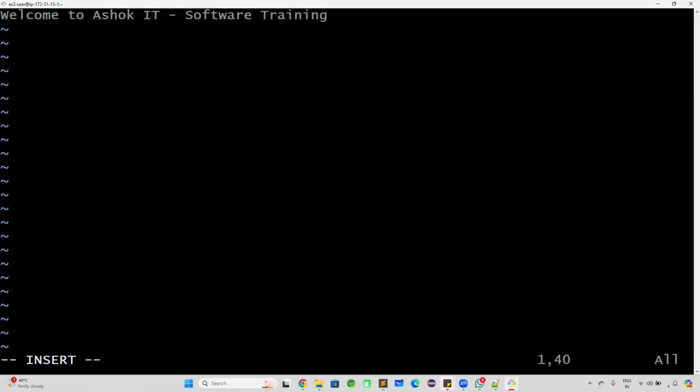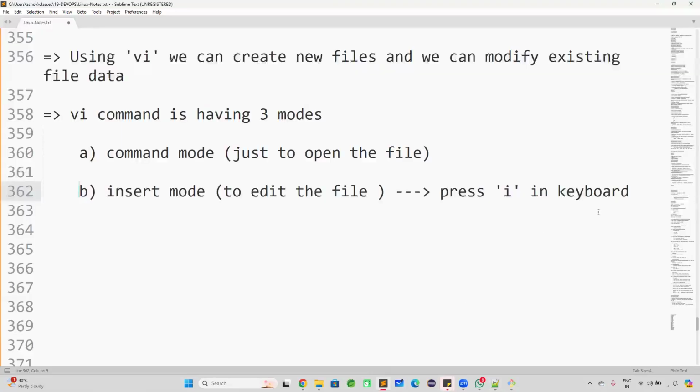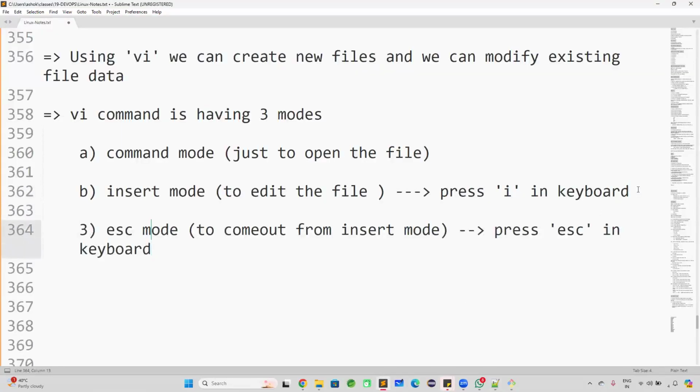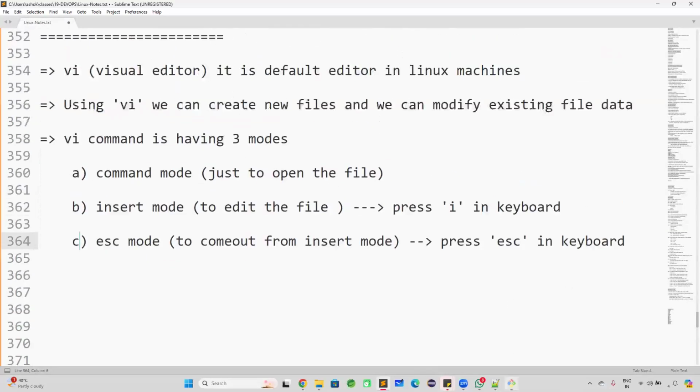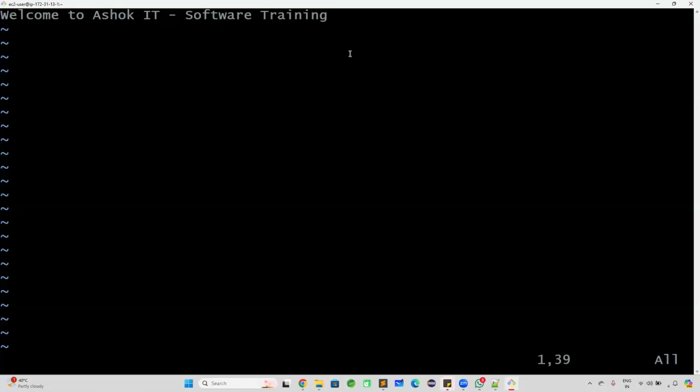Once the file is modified, you need to press escape. That is called escape mode. Escape mode is used to come out from the insert mode. By default, we will be in the command mode. From the command mode, we can go to insert mode. From the insert mode, you can come out to the escape mode by pressing the escape key on the keyboard. Once you press the escape key, then